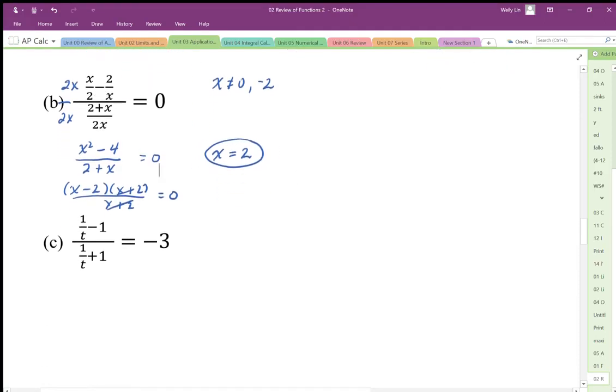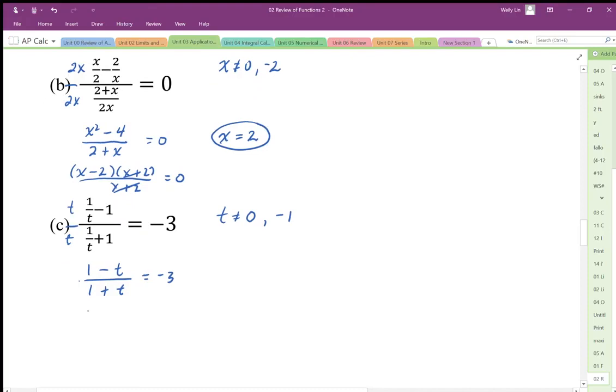Okay, so this one here, we could cross multiply this. Again, I'm going to do it slightly differently. I'm going to just get rid of the t in the denominator by using t divided by t. And so I end up with 1 minus t over 1 plus t equals -3. I forgot to state my restrictions, didn't I? So my restriction here is t not equal to 0. I also have a denominator here now that I can't divide by 0, so t cannot equal -1. Once I have that, I'm going to just cross multiply,